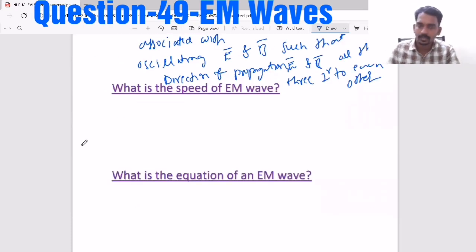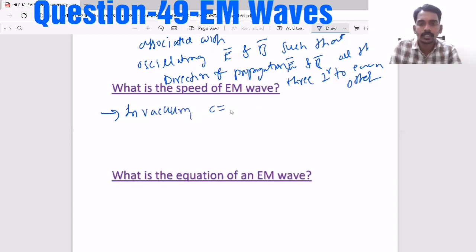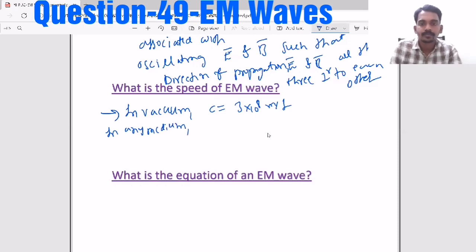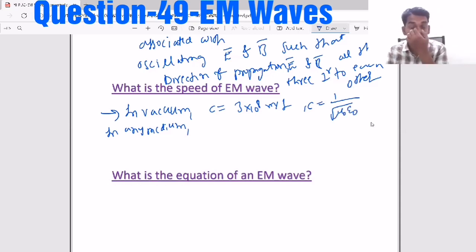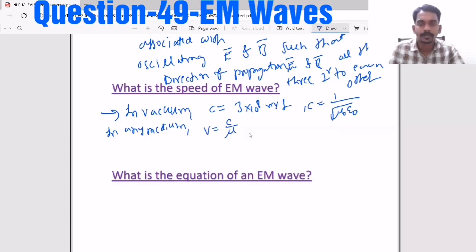And the next thing is, there are different types of electromagnetic waves, and in vacuum the speed of an electromagnetic wave is 3 into 10 power 8 meter per second, and in any medium the speed is also given by 1 under root mu naught epsilon naught, where mu naught is the permeability of free space, epsilon naught is the permittivity of free space. And in any medium it will become C by n, where n is